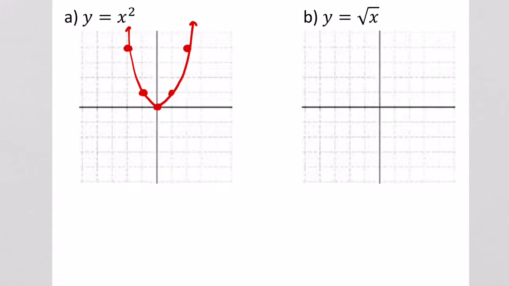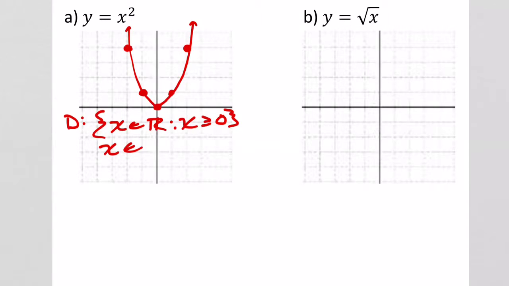So let's go ahead and state the domain and range. Remember, domain, we are just talking about what x values can you put into this function, or another way to think about it, what x values can you not put into this function? Well, you can put any real number in and square it and get a real number out. So in set builder notation, we're going to say that x is an element of the set of all real numbers such that x is greater than or equal to 0,